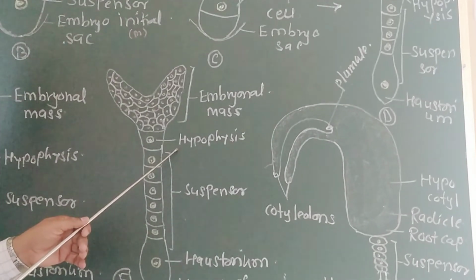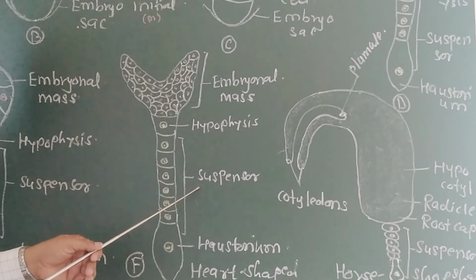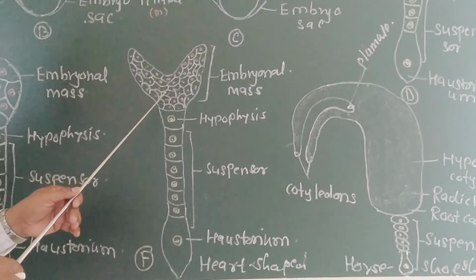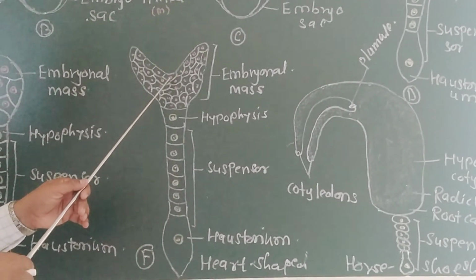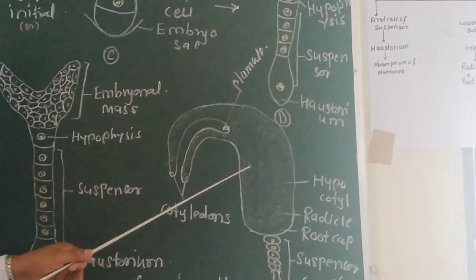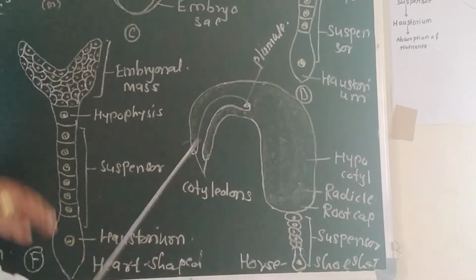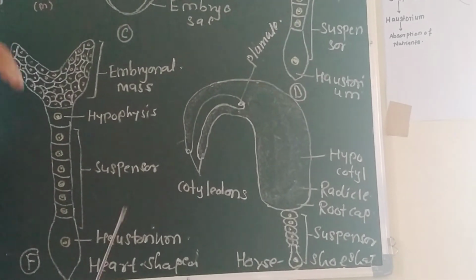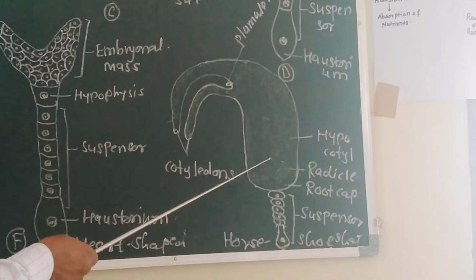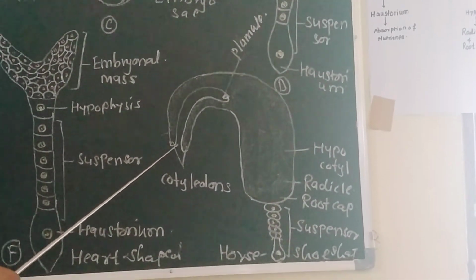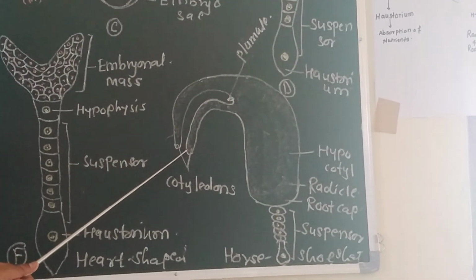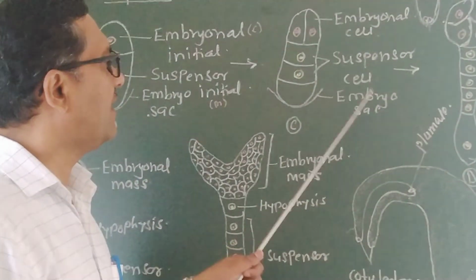It has the hypophysis, long elongated suspensor and haustoria. Later, with the development of the hypocotyl and cotyledons, the heart-shaped embryo becomes curved and is known as the horseshoe-shaped embryo. This horseshoe-shaped embryo consists of two cotyledons in dicots and a